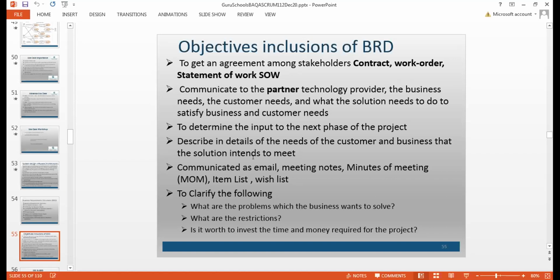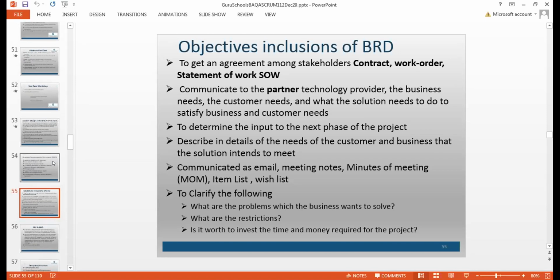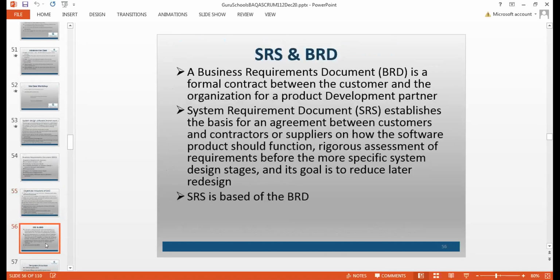Okay, so BRD is normally communicated by the client or a customer to a technology partner, where they will build something called SRS and present it to the client back. He's saying, boss, hey, this is what you said is your requirement. Let's try to build a new document, and then we'll have a discussion about the cost, solution conceptualization, and everything, right? And then we build something called SRS.